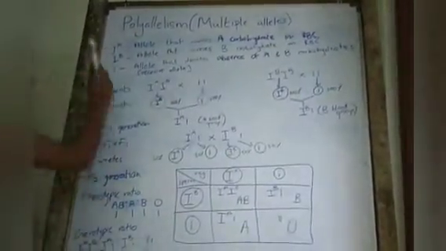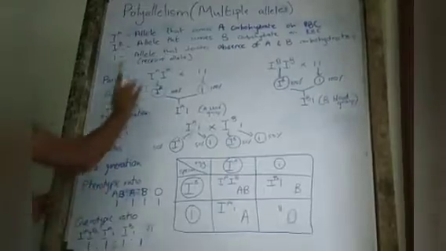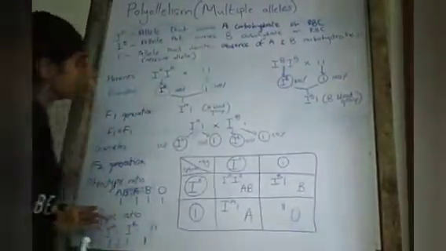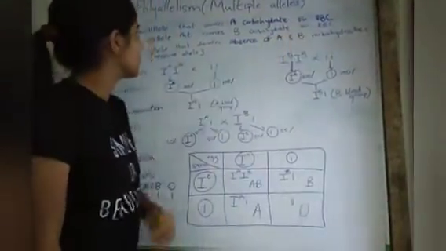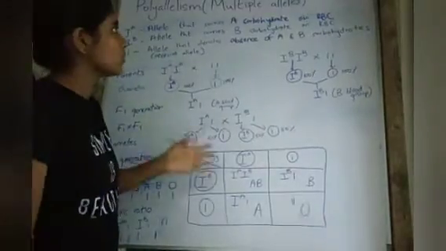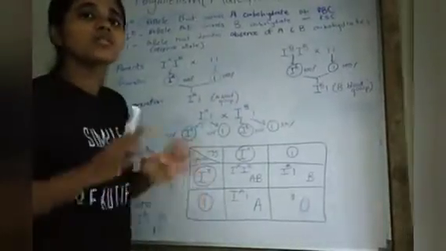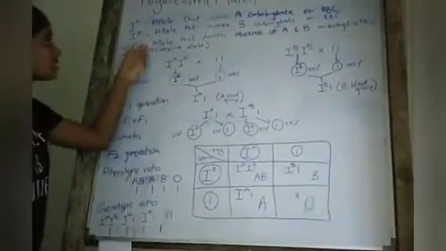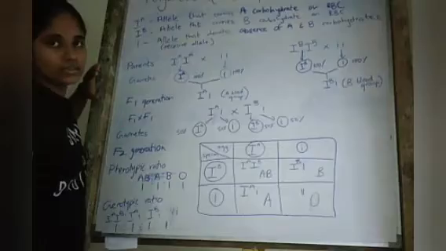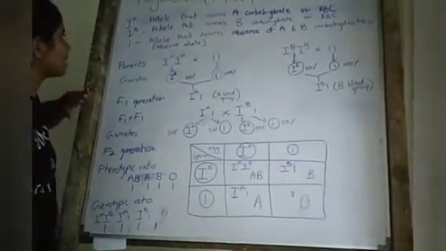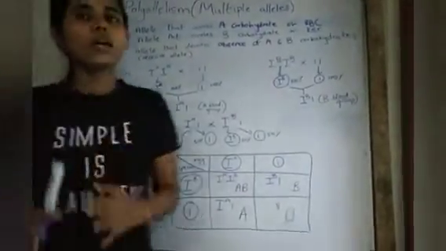As mentioned before, IA is the allele that carries A carbohydrates on RBC. IB is the allele that carries B carbohydrate on RBC. And simple I is the allele that denotes the absence of A and B carbohydrates. It denotes the situation where we cannot find either A carbohydrate or B carbohydrate on the surface of a red blood cell. So simple I is considered a recessive allele to the dominant alleles capital IA and capital IB. And you should also keep in mind that IA and IB are in a codominant relationship. We talked about that in the previous pattern.